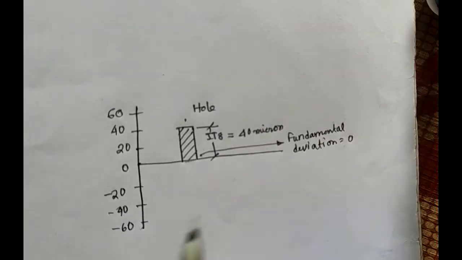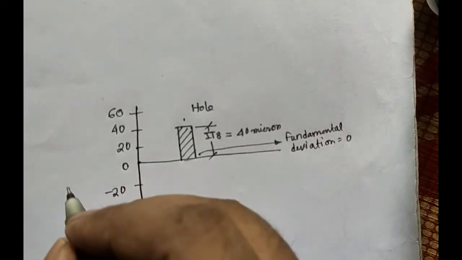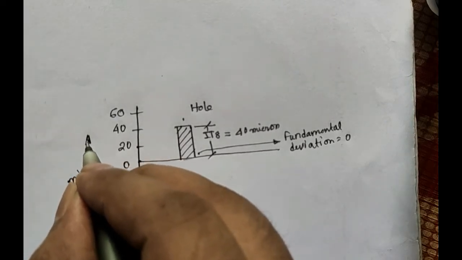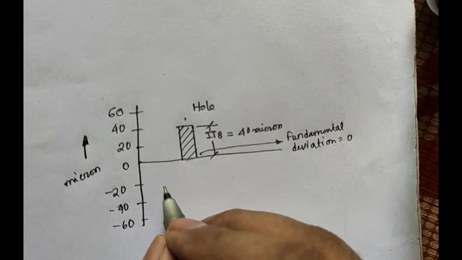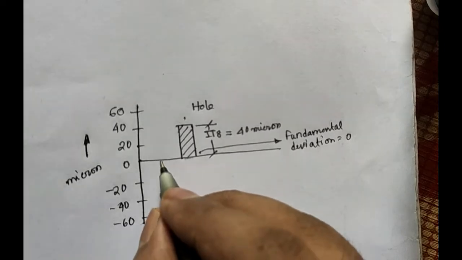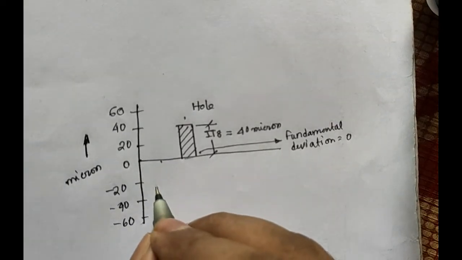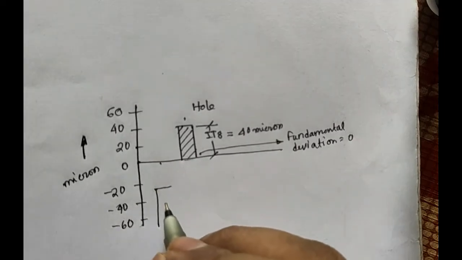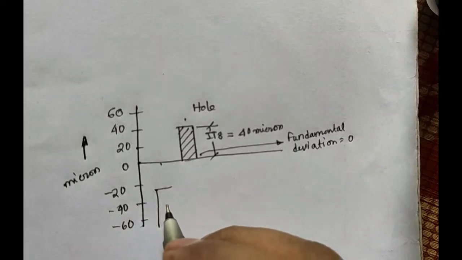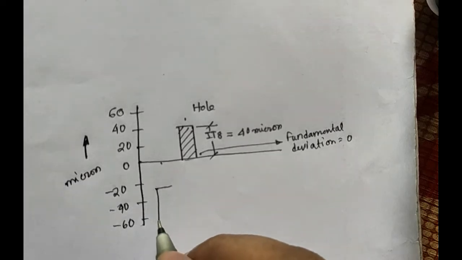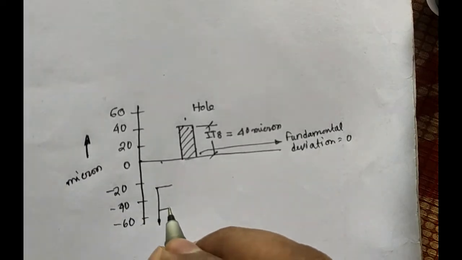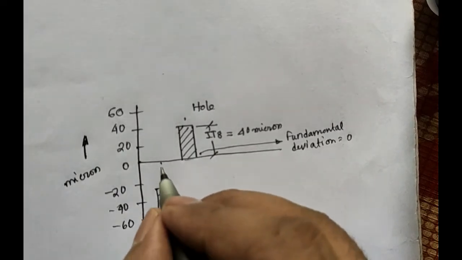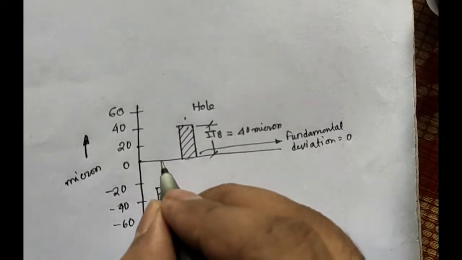Okay, now for the shaft, the fundamental deviation is 25 micron, in form of micron. So we go beyond 25, mark a gap around 25 like this, and draw the shaft figure. It will be around 25 again, so it will be within 50. I'll take the middle portion, so it becomes like this. So this is the fundamental deviation.